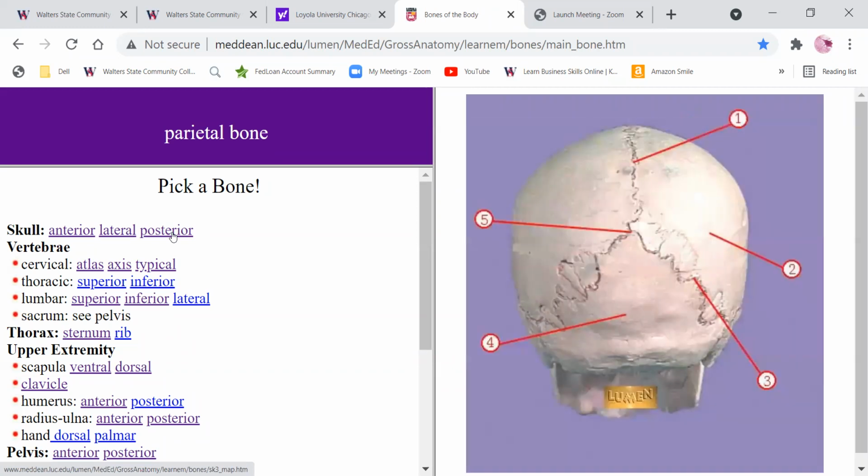Posterior view, you get to see the suture lines. Here is the sagittal suture. Here, this is the lambdoid suture. Here we see the back of the parietal bone. We see the occipital bone here, and we see